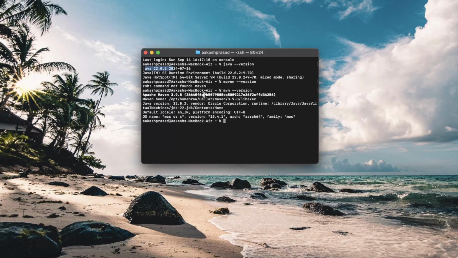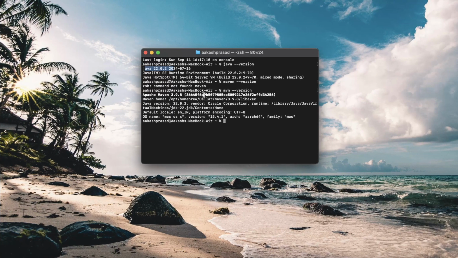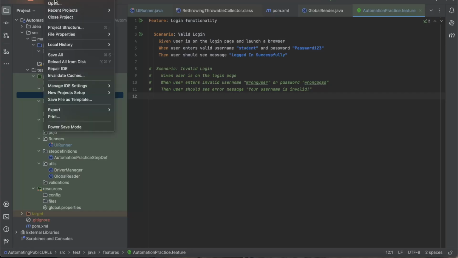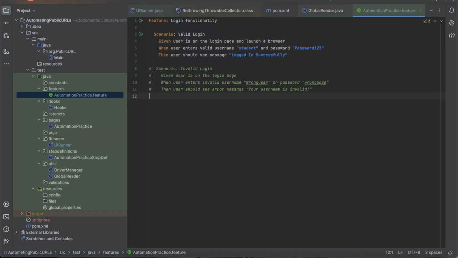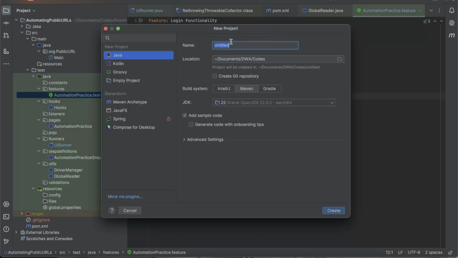Okay, cool. So let's move ahead now and let's create our brand new project for the automation. So I'll come on IntelliJ. I will click on File, New, and Project. So I will create a new project. I have to name the project according to whatever I name it. So let me name it as